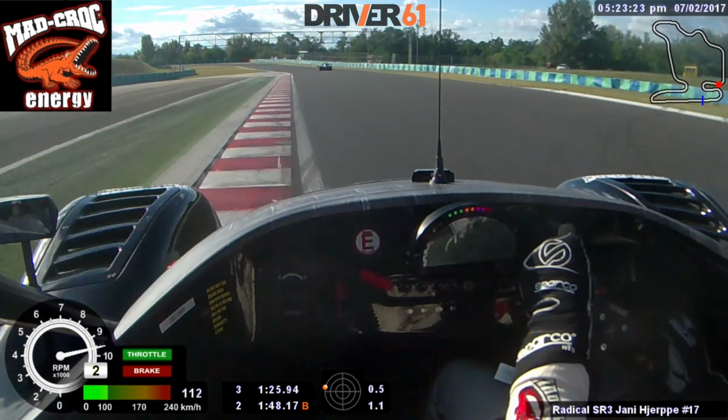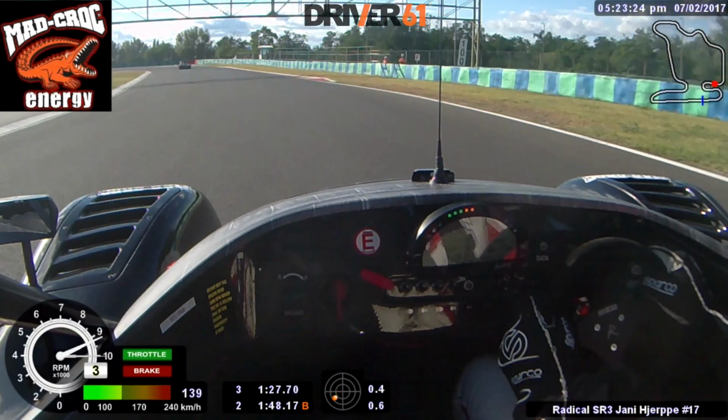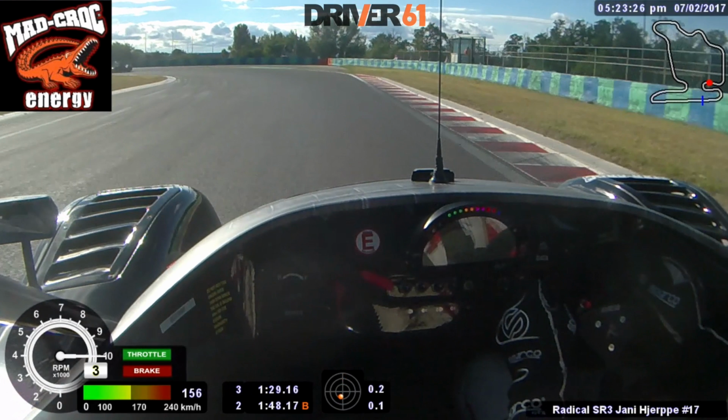So coming into the final 2 turns, turns 13 and 14, we have a 180-degree left, followed by a 180-degree right. So braking into turn 13 is quite tricky. There aren't really any markers on the outside. We have the beginning of the entry curb here, but it's a little bit too early. So you'll need to go beyond here, and it's really a braking area that you'll just need to do on